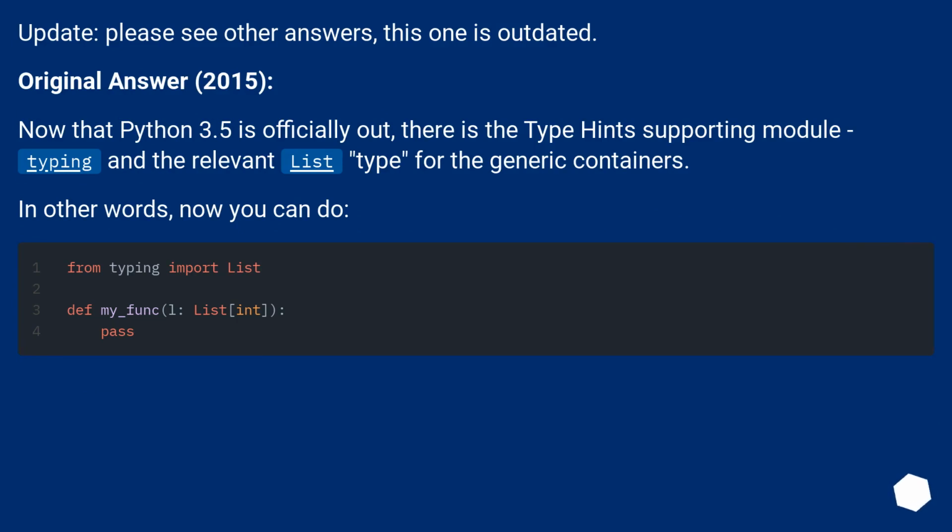Update. Please see other answers. This one is outdated. Original answer, 2015. Now that Python 3.5 is officially out, there is the type hint supporting module typing and the relevant List type for the generic containers. In other words, now you can do: